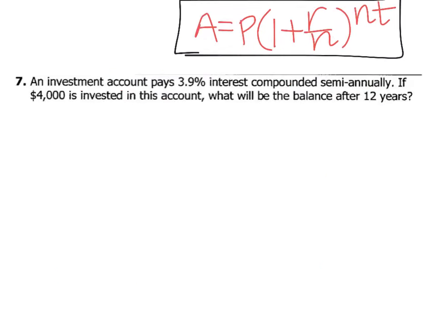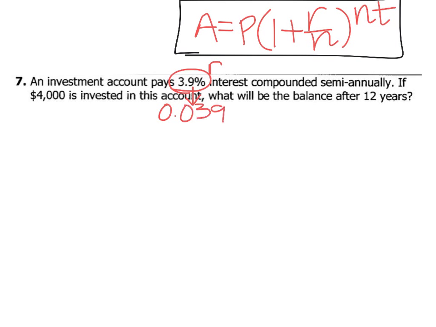All right, number 7. Here's another example of compound interest. So an investment account pays 3.9% interest compounded semi-annually. So let's break apart that sentence. We've got an investment, or an investment account. It pays 3.9 interest. So 3.9% interest is our rate, and we want to convert that to a decimal, so that would be